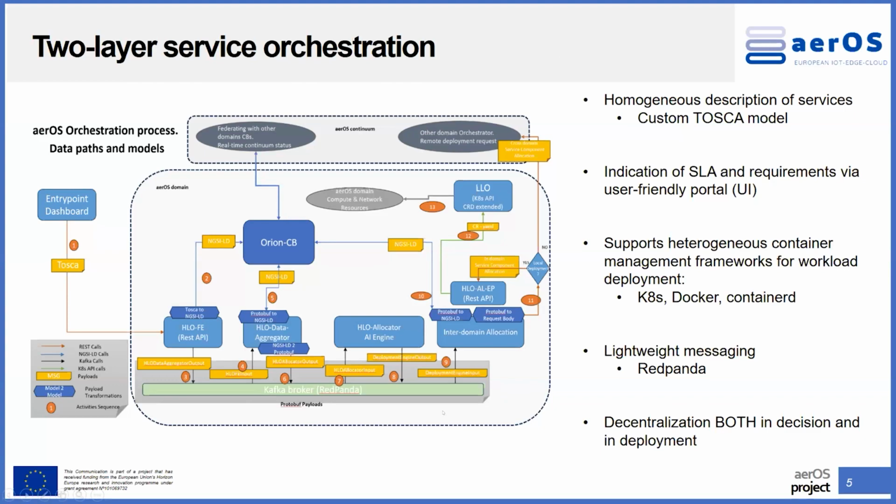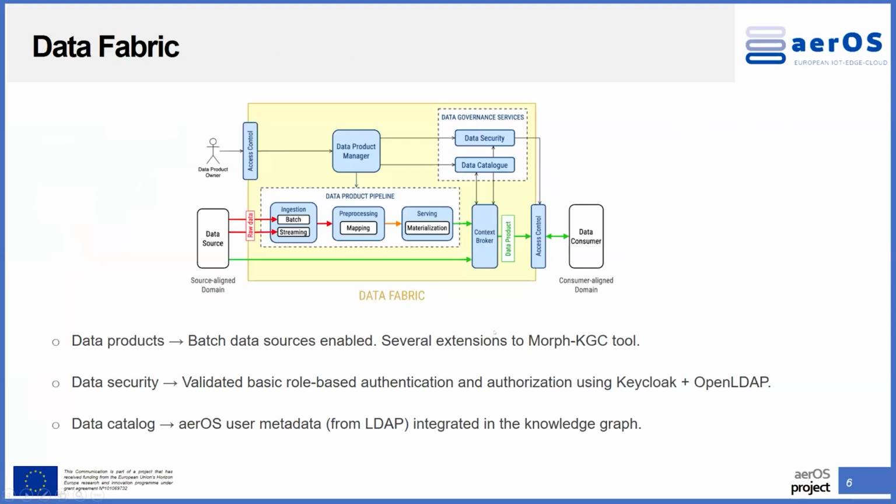So this is the concept of the orchestration, and this is based, as we discussed before, on the availability of the information across all the continuum. This is provided by the data fabric, and at the heart of the data fabric, let's say, we have the aerOS knowledge graph, which is hosted at the context broker, and this hosts all the information. We are using a custom smart model based on NGSI-LD, which hosts all the information about the processing units and all the elements across the continuum, the services that are deployed or need to be deployed, and their connecting services with hosting units, requirements, and constraints.